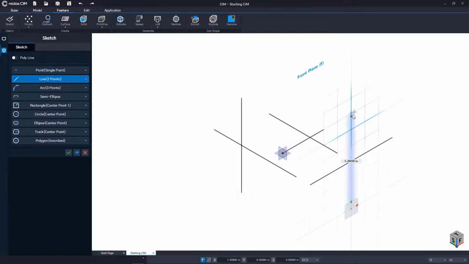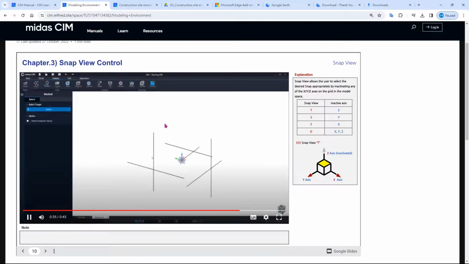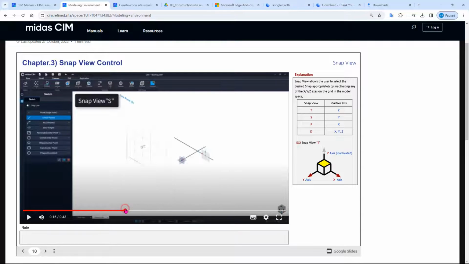And if you want to see the X side, you can click on the front plane of the F here. So if you miss some of the instruction there, you can still see the explanation here. That's why this tutorial video is very engaging and very useful, because if you miss them, not only can you return to the particular instruction that you need, you can also see the explanation here.